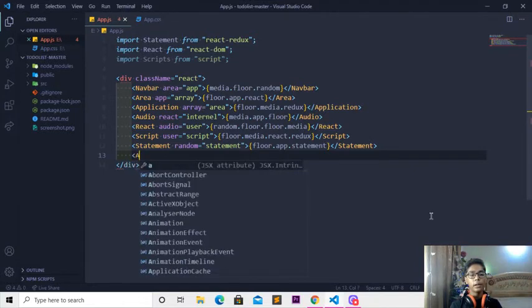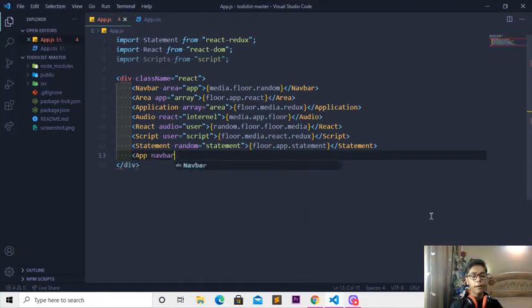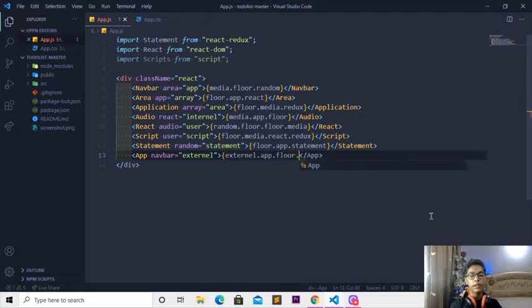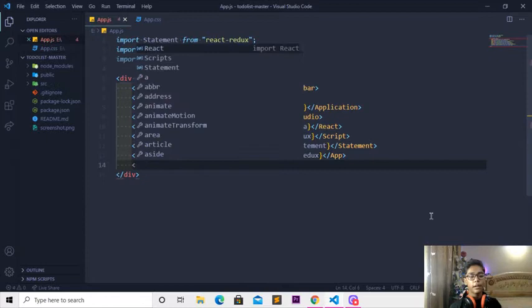So here I'll be now writing app navbar equal, then I'll be writing that to a tag which will be external. So here I'll be closing that, writing here like external. So I'll be writing that right here like dot app dot flow. So when you've done that, I'll be changing that to like redux, then I'll be closing that curly bracket here, and I'll be coming underneath now again and changing that to a tag which will be like